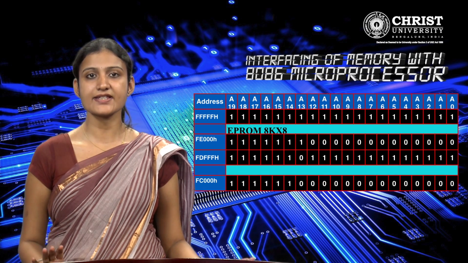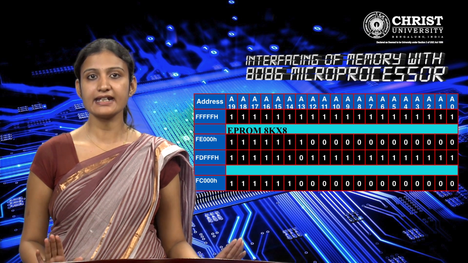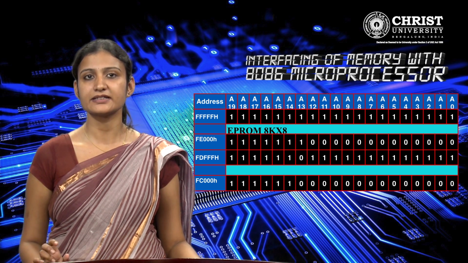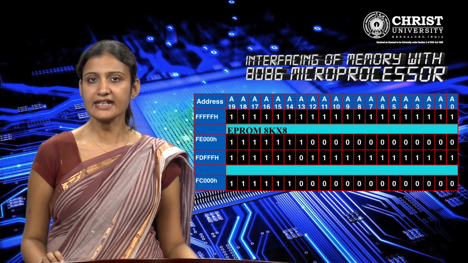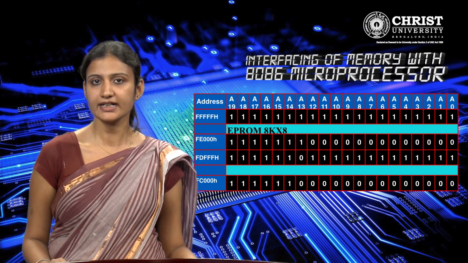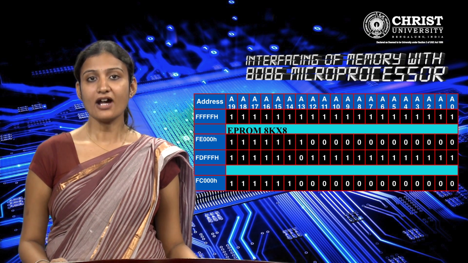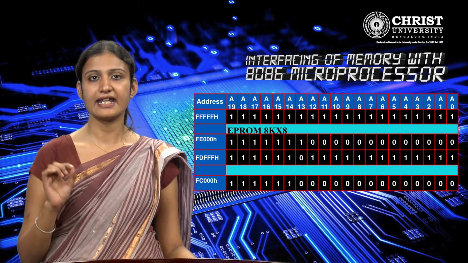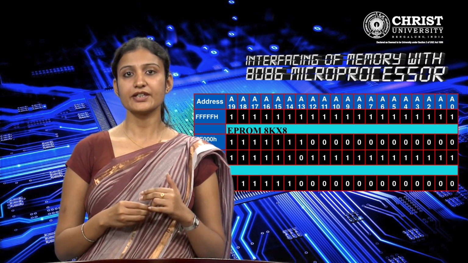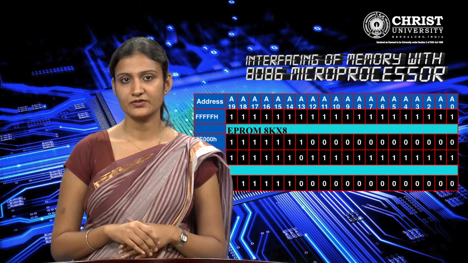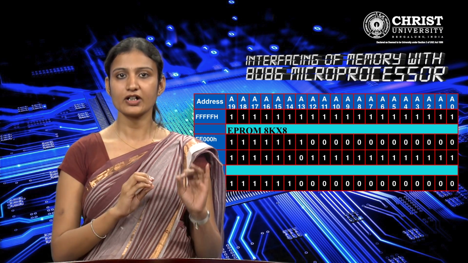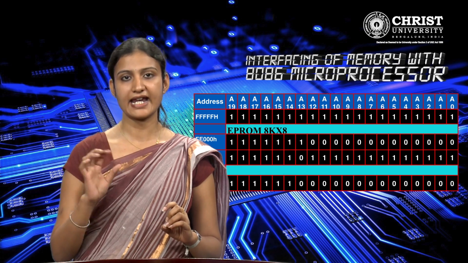A total of 8 KB of EEPROM needs 13 address lines, that is A0 to A12, as 2 to the power 13 is 8K. Now, the remaining address lines, that is A13 to A19, are used for decoding to generate the chip select. Two signals, BHE bar and A0, are responsible for segregation of the even and odd banks. Now, we will analyze the memory map in a tabular form. First, we have to write the 20 address lines available for 8086, that is A0 to A19.